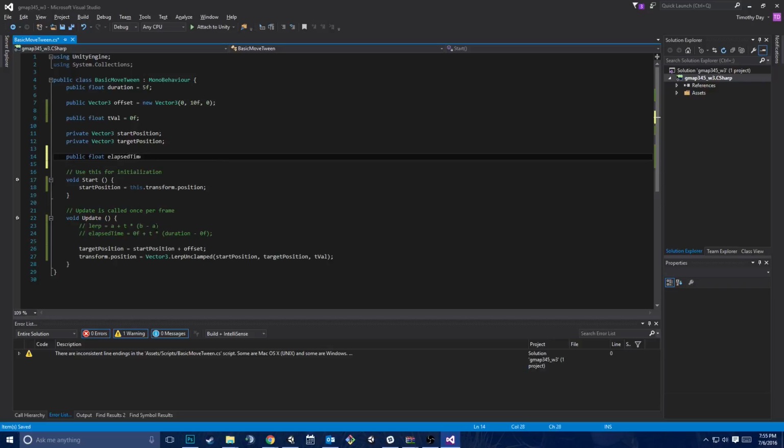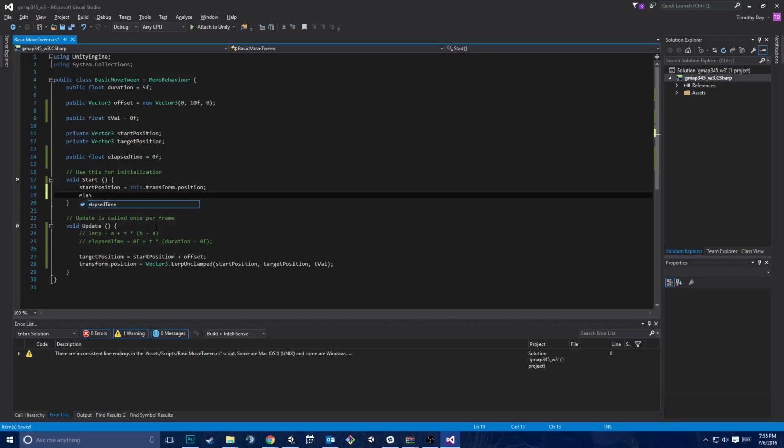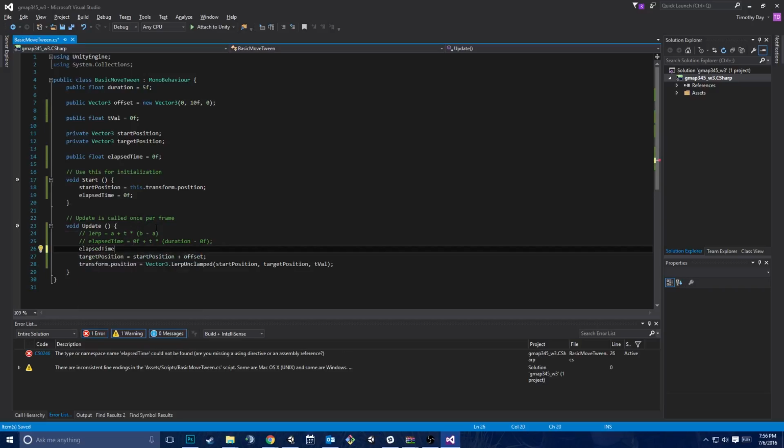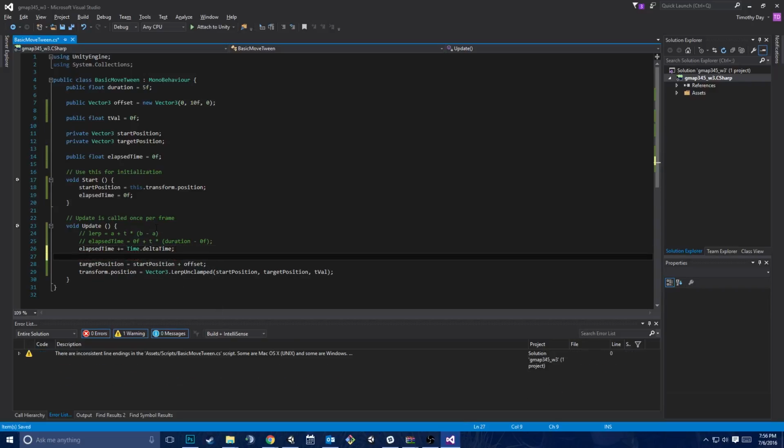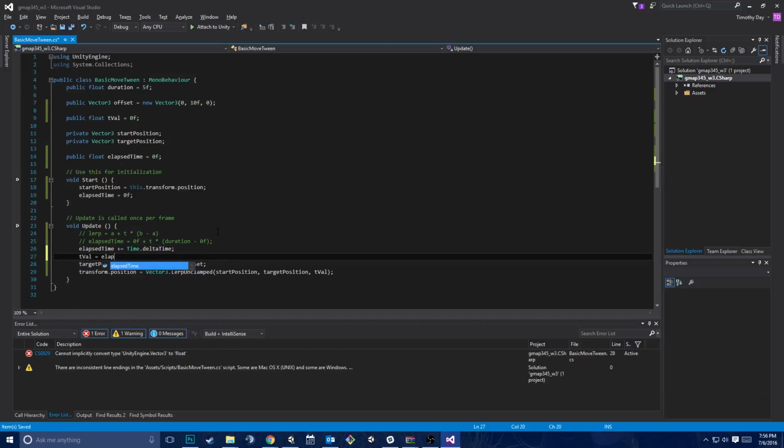Okay? I'll set this to 0. I'm going to make it public so that I can redo this while the game's running. Start, I'm going to say elapsed time equals 0f. And then I'm just going to say elapsed time plus equal Time.deltaTime. Okay? And now, if I solve for t in this function, t-val is just going to equal elapsed time